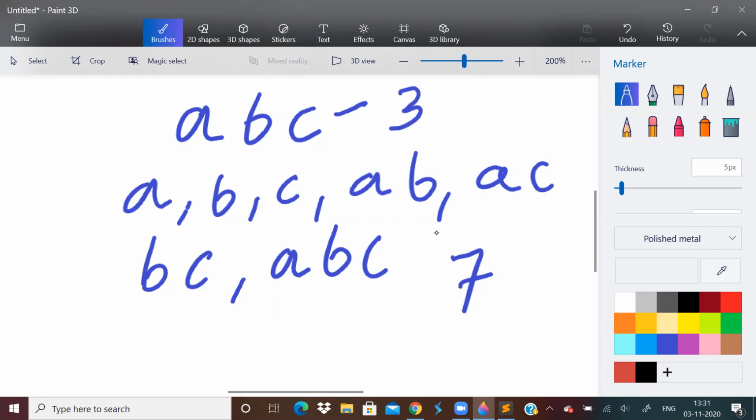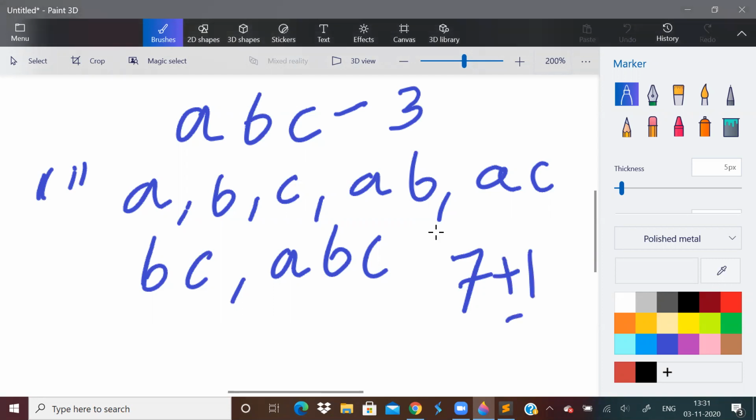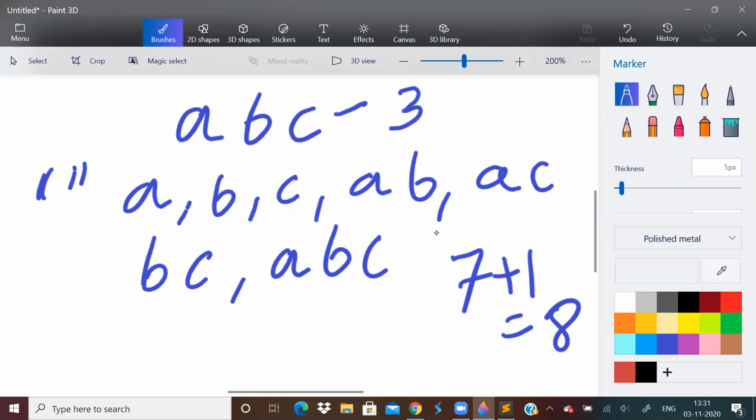3. Actually, even the empty string is a subsequence, so if you count that also, it will be 8. So what we are getting here is that the number of subsequences will be 2 power n, where n is the length of the string. Okay, so can we use this somewhere?